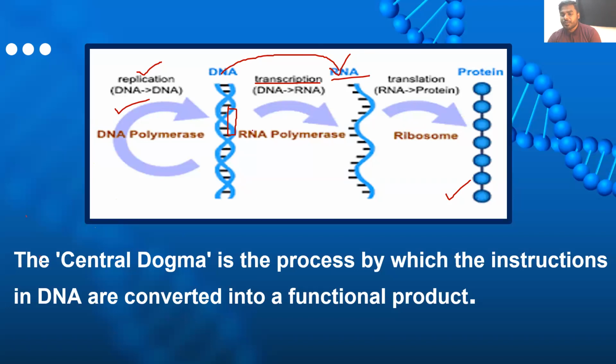Which information is it bringing? The information which is going to be translated into the protein. Only that much information the RNA brings, not the entire information present on the DNA. Now this mRNA combined with rRNA and tRNA, that we will read in translation, they finally give rise to the protein. That is how protein can be synthesized.